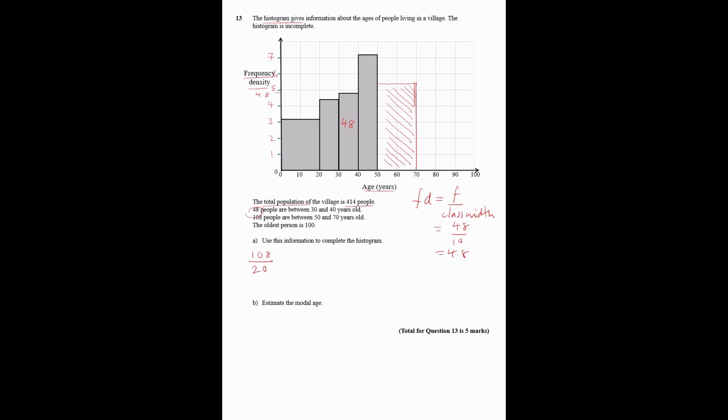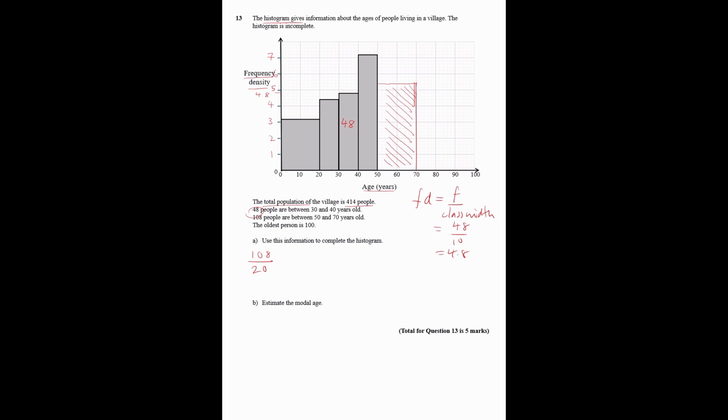Then the oldest person is 100. So what we need to do now is calculate how many people are between the 70 and 100 age group. And we'll use the total population for this information. So we need to calculate now